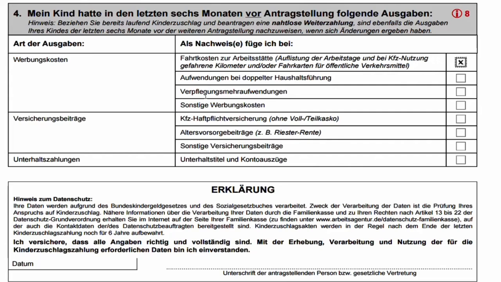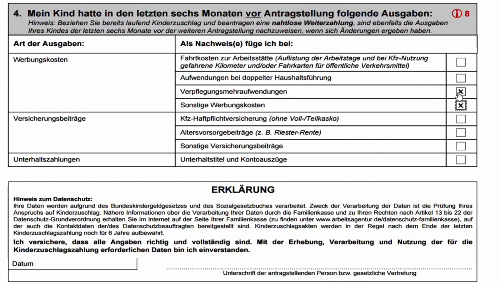Proof about the expenses in the case of double housekeeping, and you mark here with a cross. Proof about additional meal expenses, and you mark here with a cross. And if there have been other income-related expenses, you mark here with a cross and provide a proof about it